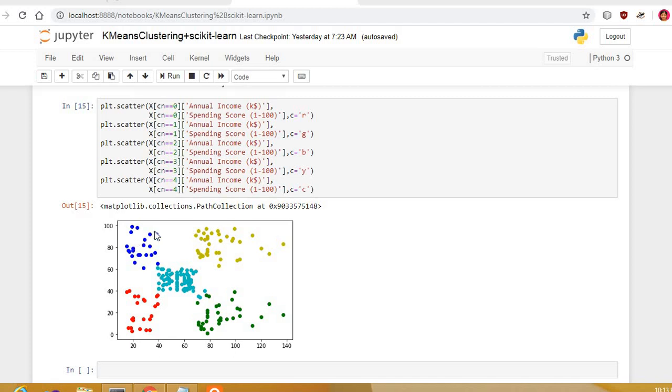So for example, if a new data point comes, and we have to decide which particular cluster it has to be assigned to, then the Euclidean distance between that data point and the cluster centroids has to be calculated, iteratively. The cluster centroid to which the distance is minimum, to that particular cluster the data point is added.